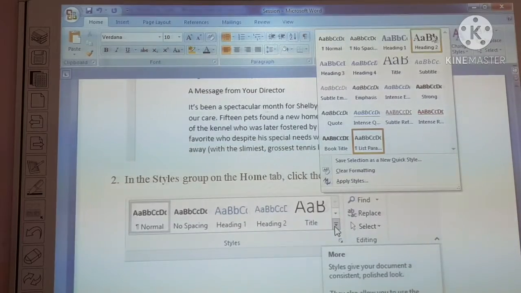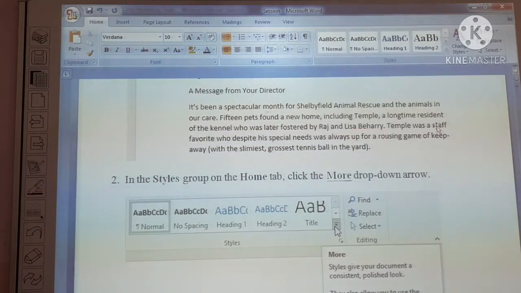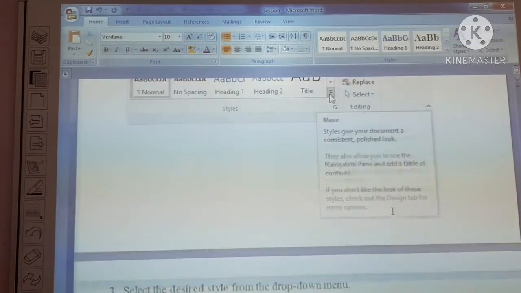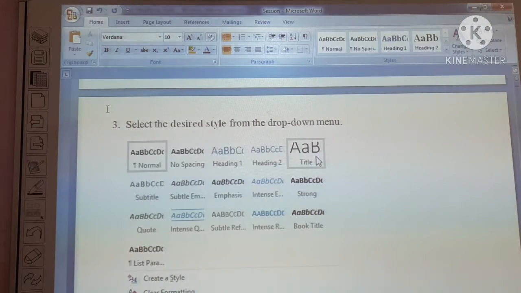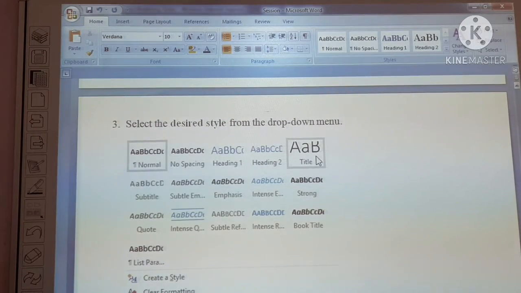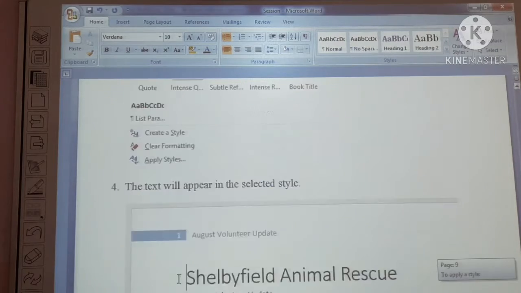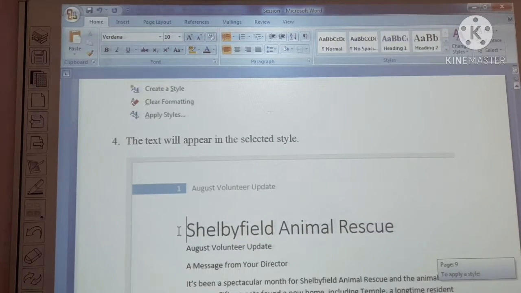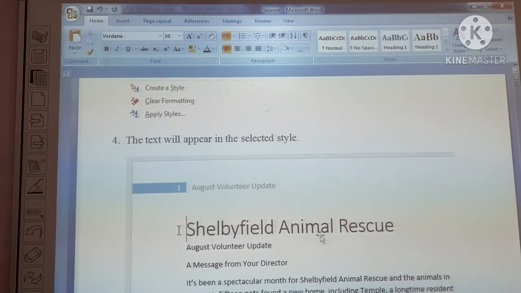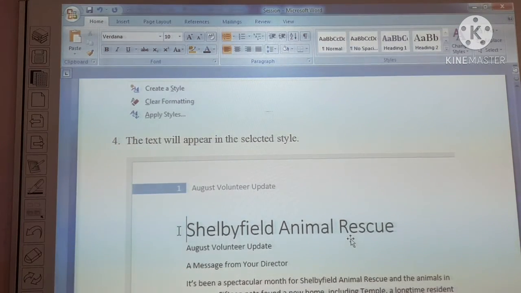Now select the desired font and a drop-down menu will appear, and you have to choose any option. After choosing, the text will appear in the selected style. See, there will be a change. Your text will change to the specific style.